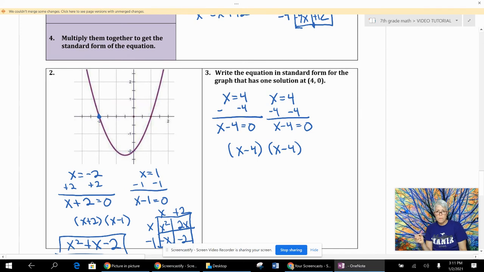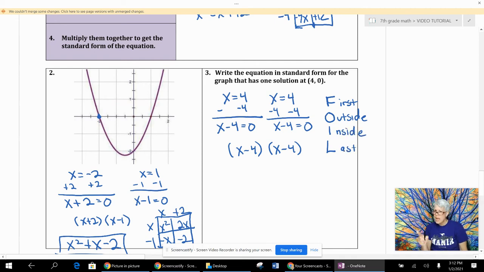Okay, cool method I'm going to show you. It's called FOIL. I'm going to write it: F-O-I-L. This is an acronym for first, outside, inside,